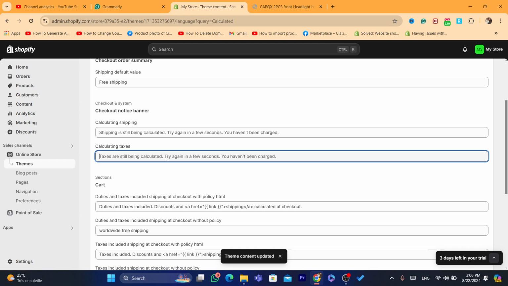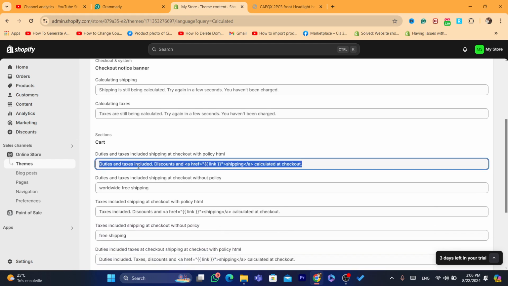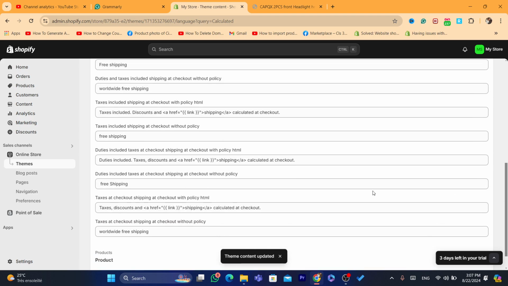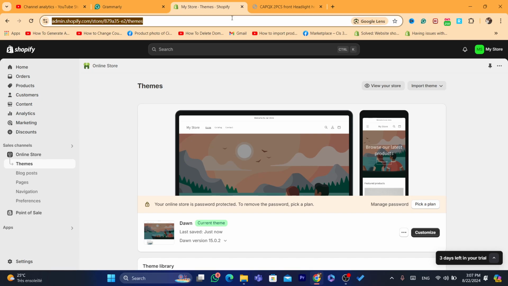Here where it says calculated taxes, you can type whatever you want there. Here, cart, again it says taxes included in shipping at checkout with policy, again free shipping, worldwide, whatever you want that will be displayed to your customers when they are trying to complete the checkout. You can do this to everything here you want to change, you can change it to free shipping, and that's it. So now your buyers or customers will see free shipping